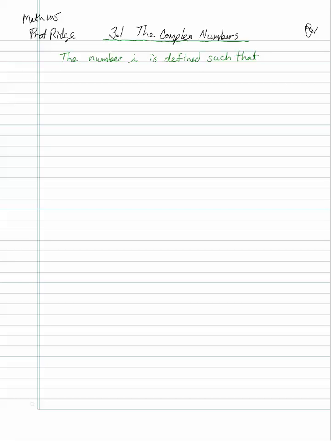The number i is defined such that i is equal to the square root of negative 1, and i squared equals negative 1. So we're going to start with that. Basically this comes from when we're studying quadratic equations, or